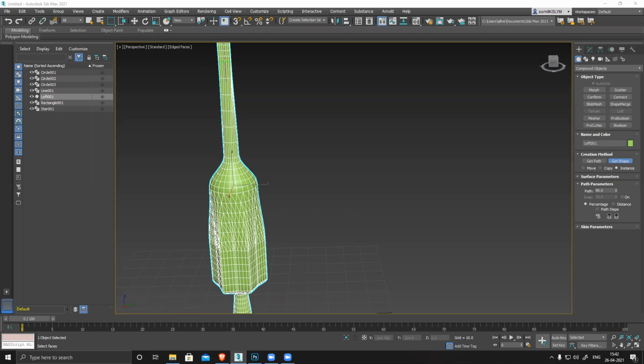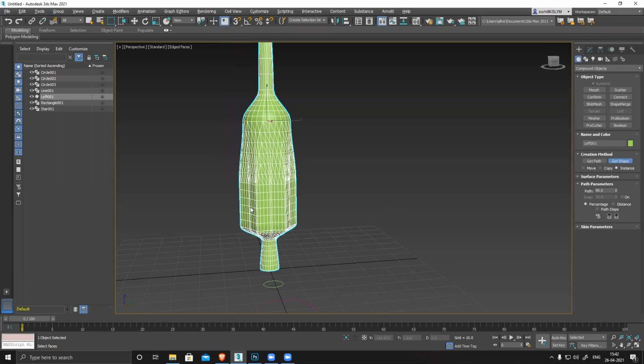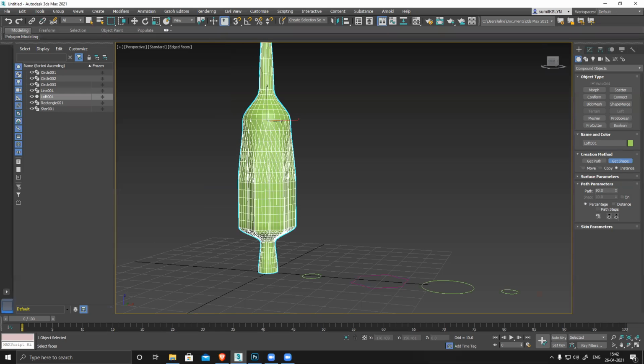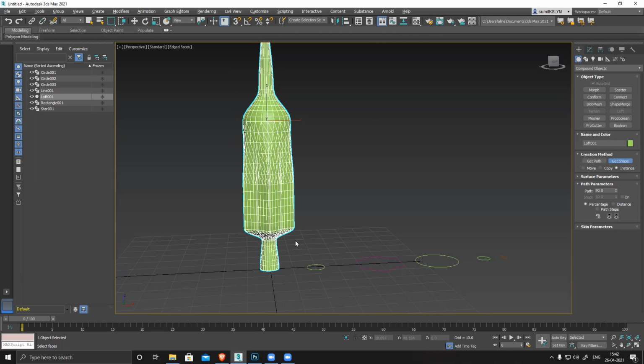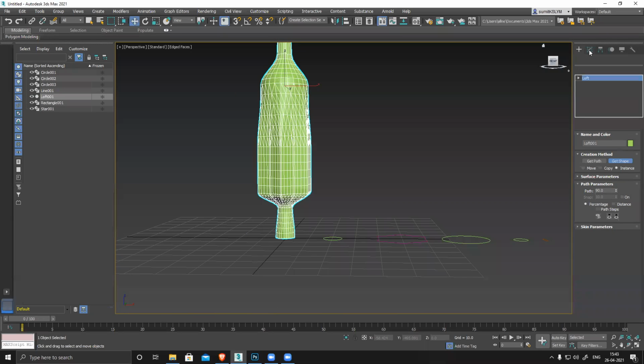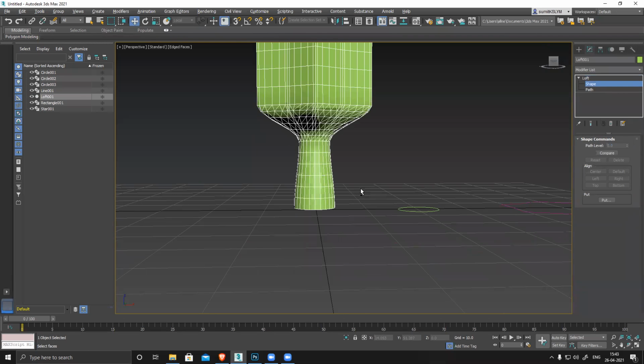Okay. So now my basic structure, you can see I have created the entire thing, but I'm still not very happy with the shape, like the length and everything. Now you can see I have a loft modifier, and if I open this, I have this shape option.